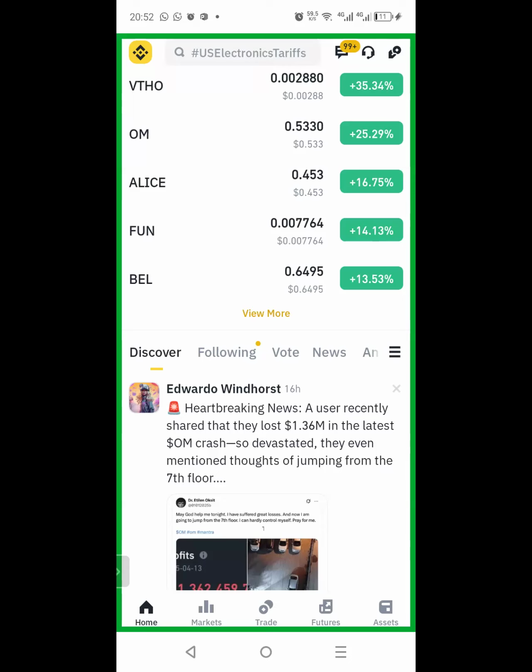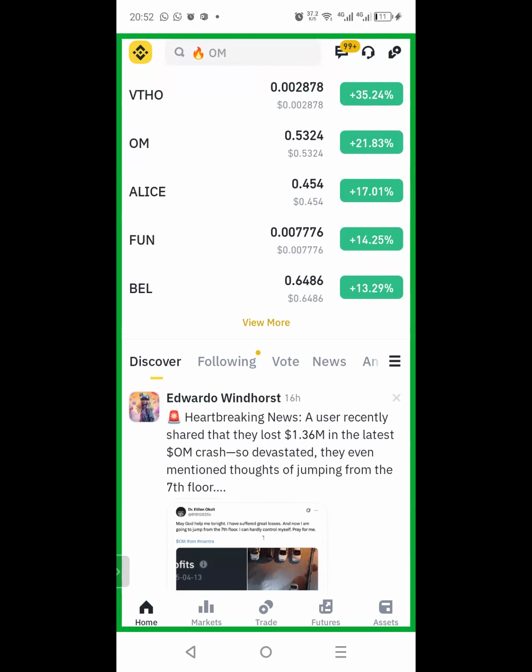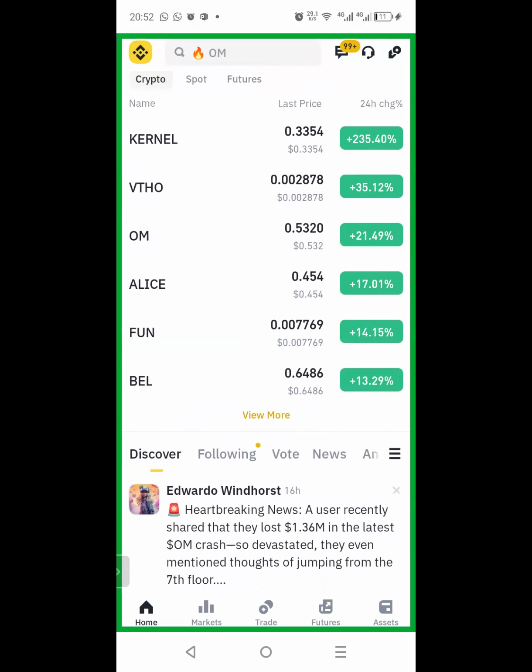Because those types of coins already have market caps in the billions. For example, Bitcoin is in the trillions in market cap. So it won't be easy for any exchange platform to just say, okay, I want to delist Bitcoin. No, that's not possible. Likewise Solana, Ethereum, and other coins like Doge and Shiba. It can't be easy for any crypto exchange to just delist those coins. They have higher market caps, and a lot of community backing the coins up.